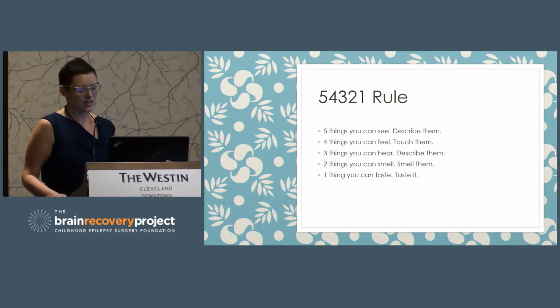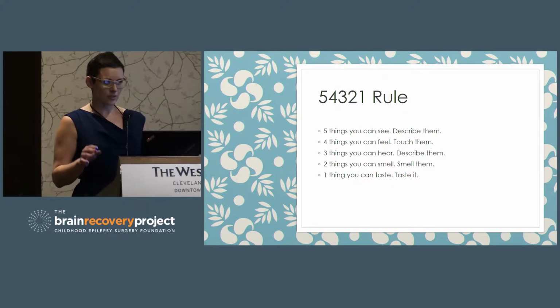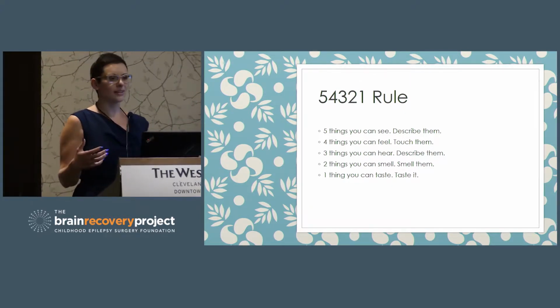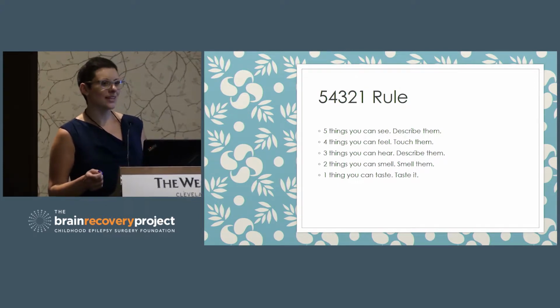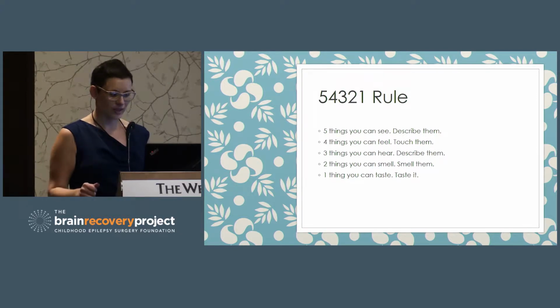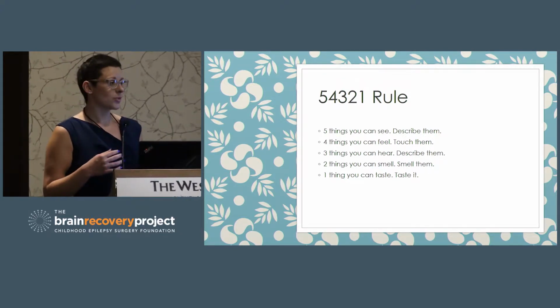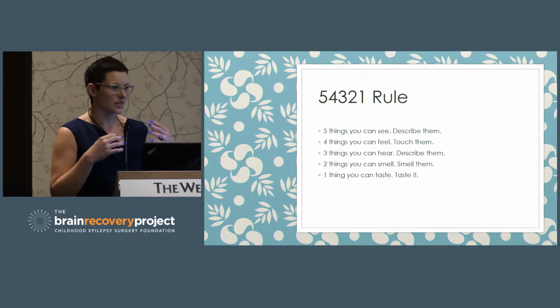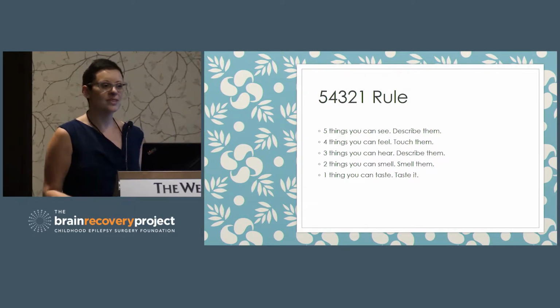Okay, so to add to that just a little bit, I always tell my clients to touch the thing. I often try to get them to pinpoint something across the room that might have an interesting texture, and then get up and move to that thing so they can actually feel it. And as far as things that you can smell, I have told people you can smell the inside of your shirt, a blanket, whatever, your hair, if you have long hair, like Holly's. These types of things, because this prevents someone from saying, well,